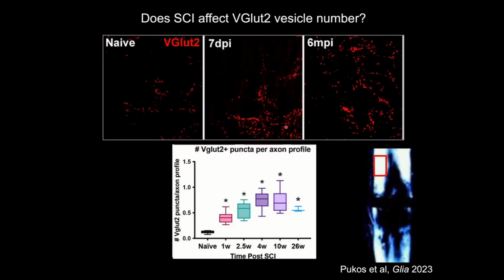So the first thing we did was look for the V-GLUT puncta in the white matter after spinal cord injury. And Nikki showed that, interestingly, the V-GLUT puncta number increases over time. So this is per axon profile. So we know there are axons that are lost after injury, but if we normalize for that, of the axons that are still there, they're increasing their number of V-GLUT puncta along the axon. So these are little spots where the glutamate can be released from these axons in the white matter.